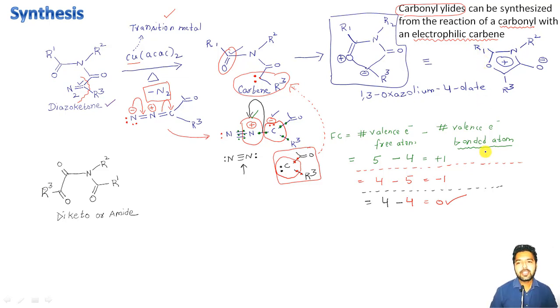So this is the very first synthesis of the type A mesoionic heterocyclic molecule. We do have another method that actually starts from a diketo or this amide here. In this, if I will be adding a reagent, that is triethyl phosphite, which is P(OC2H5) thrice, okay? So what is going to happen is the phosphorus lone pairs, I mean the lone pair on